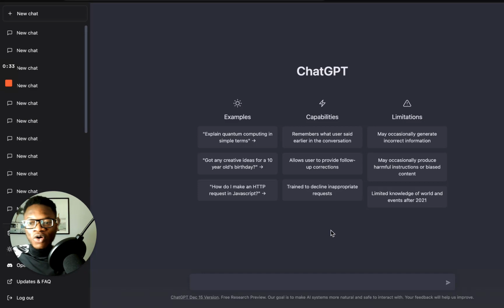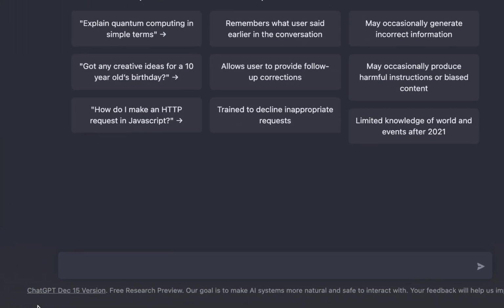So, before I jump into that, now, if you notice, there are some new updates. Now, if you check the bottom of your screen, you see ChatGPT December 15 version. So they have rolled out a new version. And if you watch the last video I did, I said something. I said it will keep getting smarter. So before I talk about how you can use it to write the blog post, let me just share with